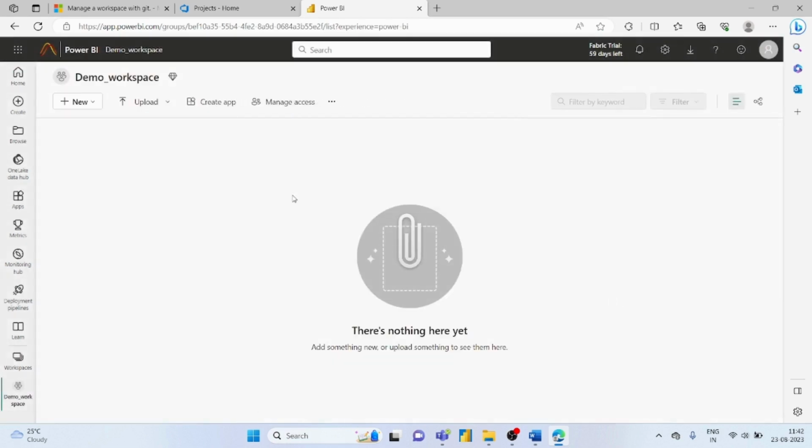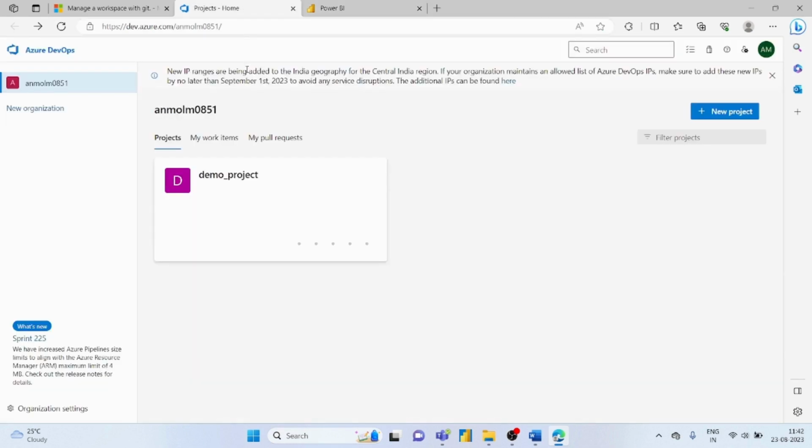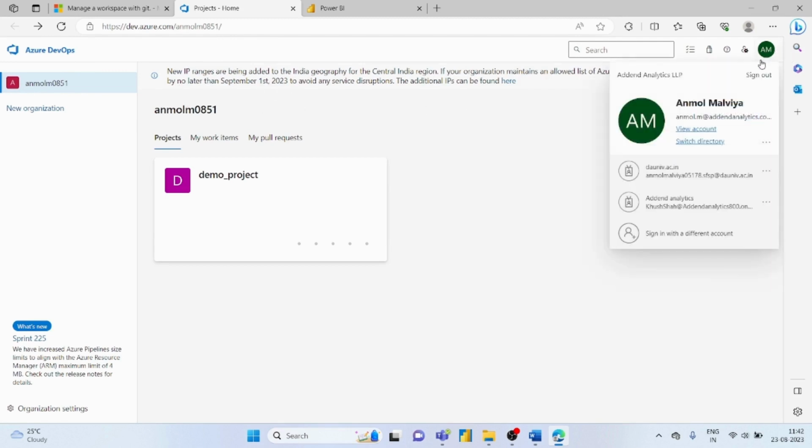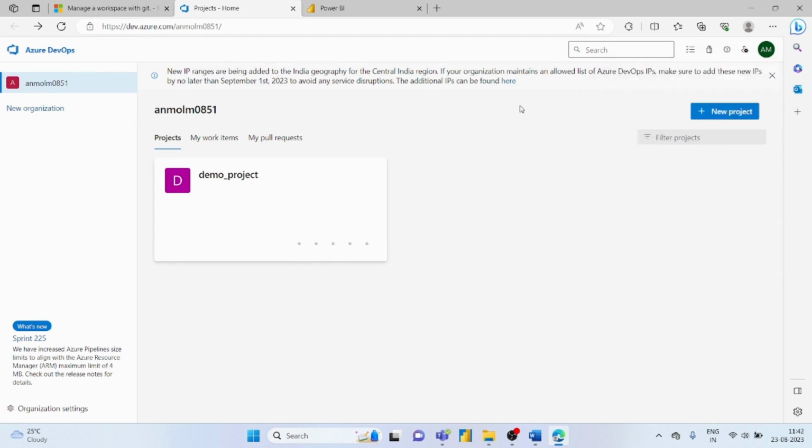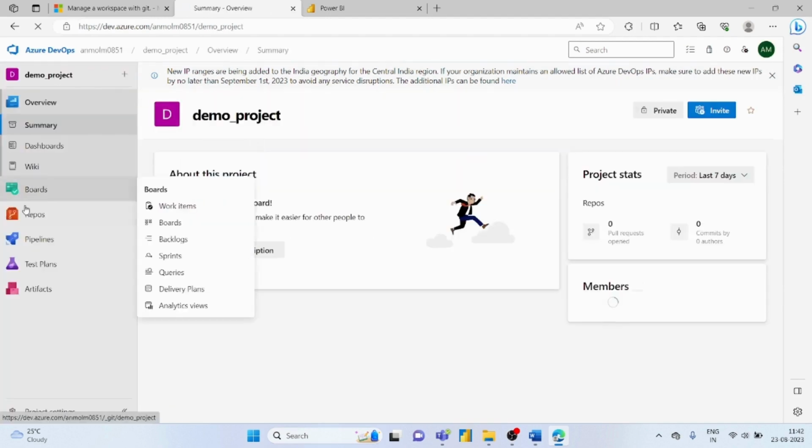So my first requirement is satisfied that I have a Fabric enabled workspace. My second requirement is that I should have an active Azure DevOps account. So here I have my Azure DevOps account, and you can see here I am using the same ID which I have used in Power BI services, and here I have created a demo project, and within this I have